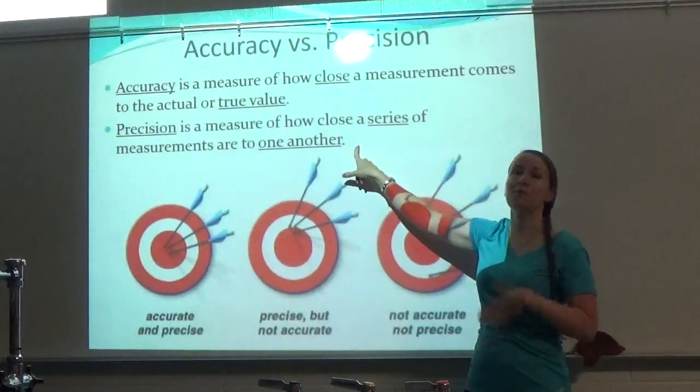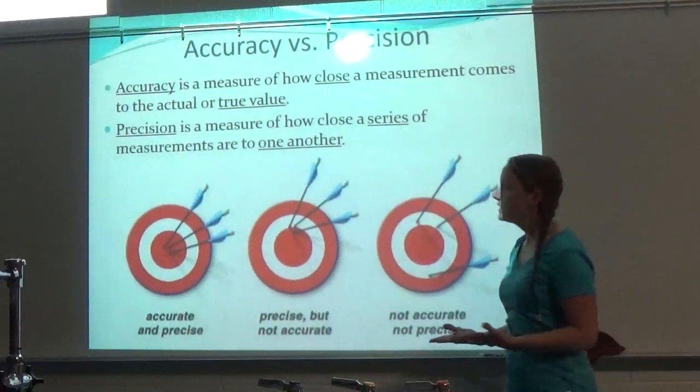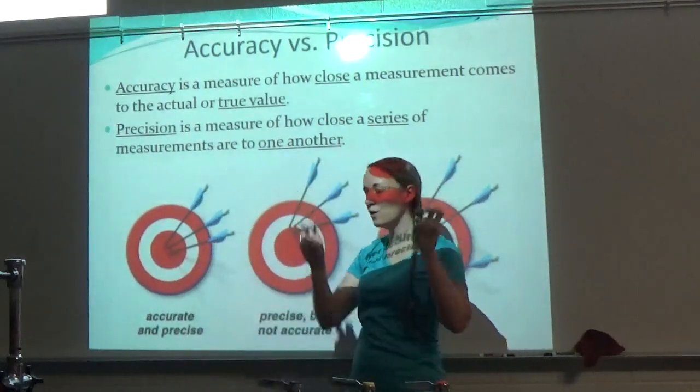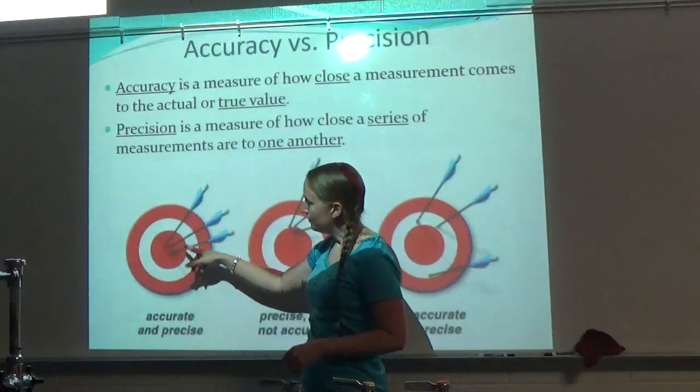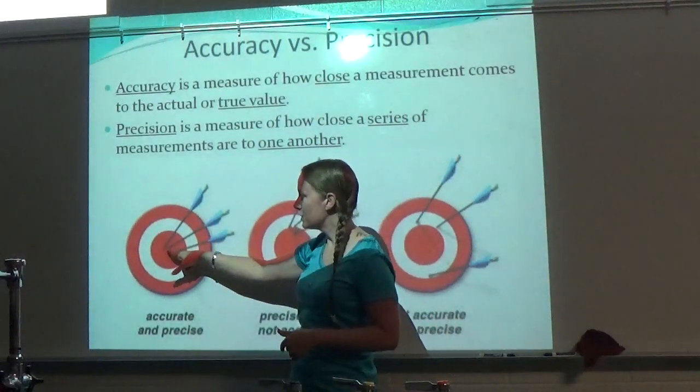You need to show that it happens over and over and over again. So of course a lot of books use a bullseye. In a bullseye, the center is what you want to hit. That's our true or accurate value. Here they're accurate and precise because we hit the bullseye, that's the true value, and we hit